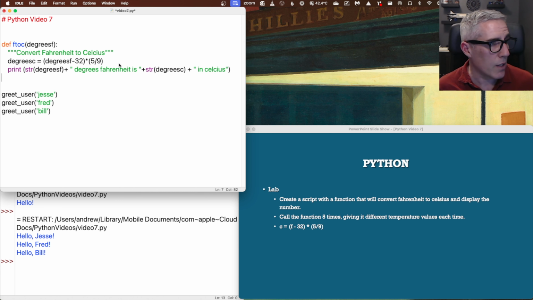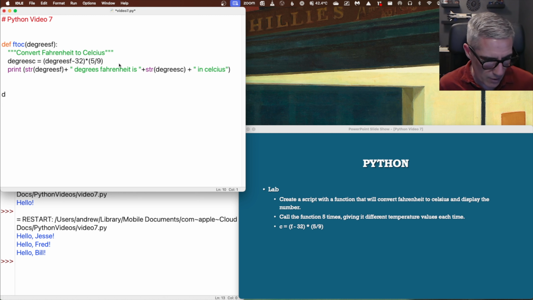And if I haven't missed anything, we should be able to now call a function as many times as we want with different numbers. So I'm going to call a function degrees F2C. And we need to pass our value in there. We're going to start with 32. We know what that is. F2C 70. F2C 100, and let's add in 50 in there, just F2C 50, and then of course we also need to